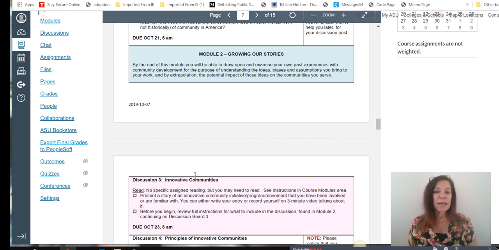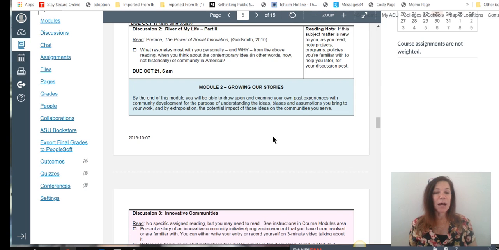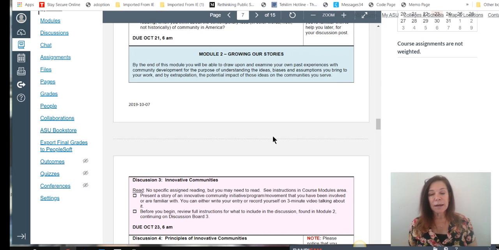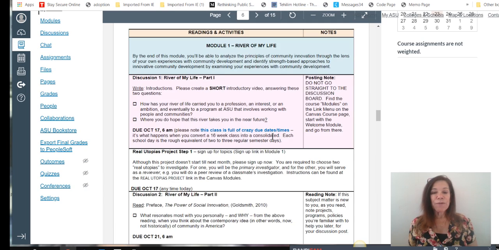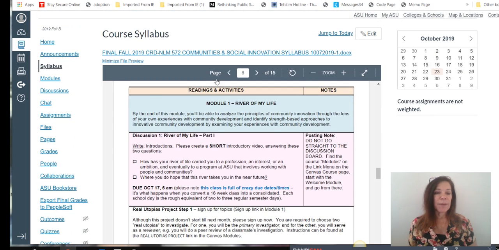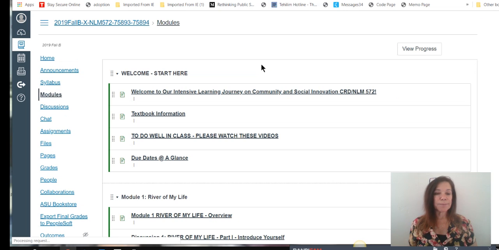So what you see in Module 4, which is not as clearly reflected on the syllabus, but it's in the module, is a sign-up for a partner. The fact that there were two sign-ups confused a couple of people, so I wanted to show you each of the sign-ups and explain for a minute what to do about it. Some of you probably haven't even found your way to that second sign-up yet. So let's go to the modules.